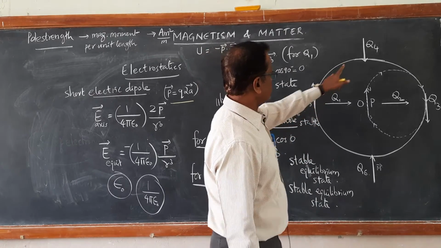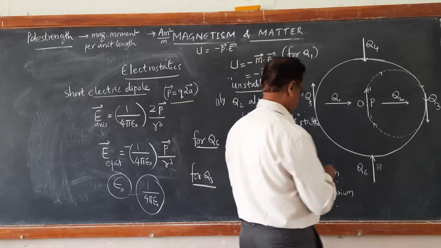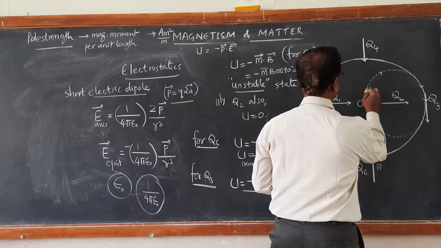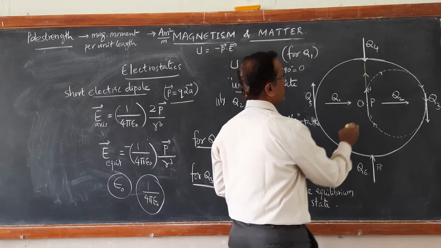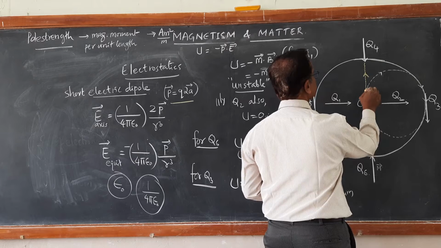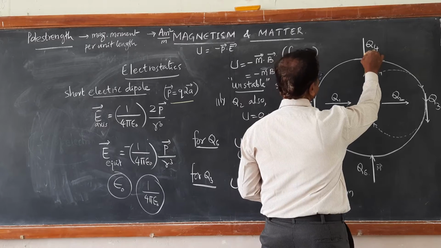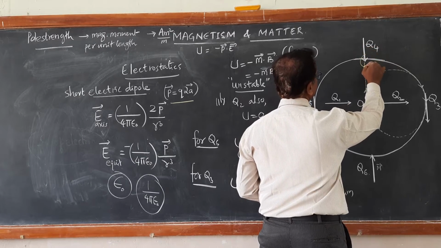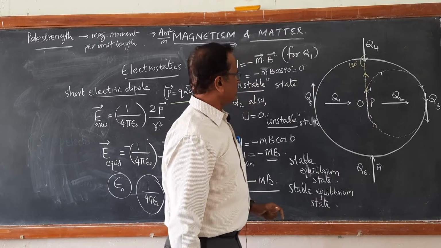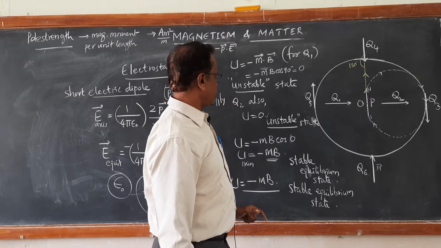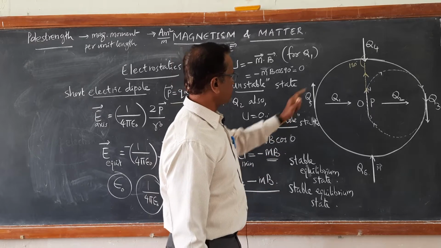Now we are left with Q4 and Q5. In the case of Q4, if you draw the field lines, the field line due to the dipole P is in this direction. It is emerging from north along the axis. It acts along the axis. So the angle between the magnetic moment of Q and this magnetic field is again 180. If it is 180, then it is said to be in the most unstable state.